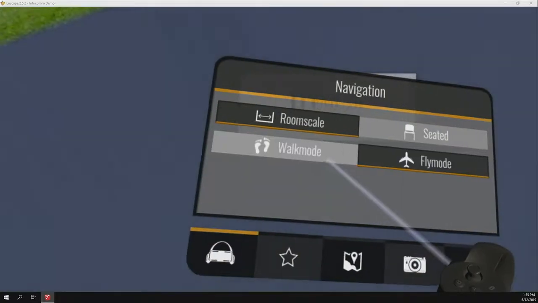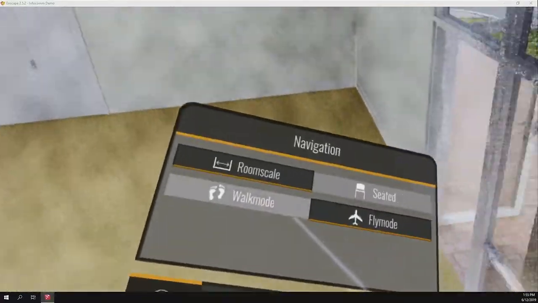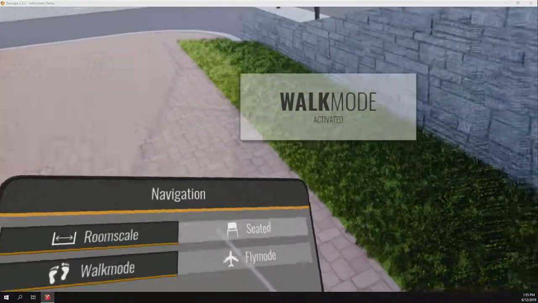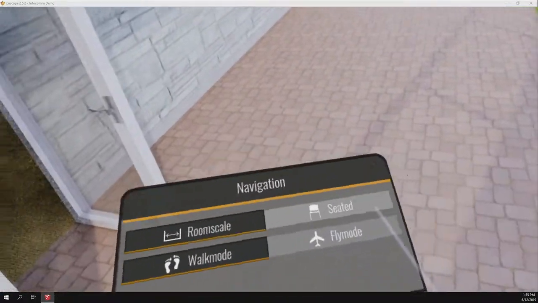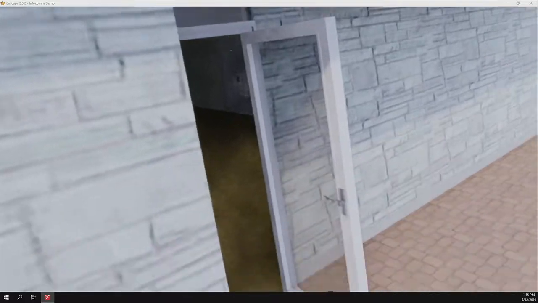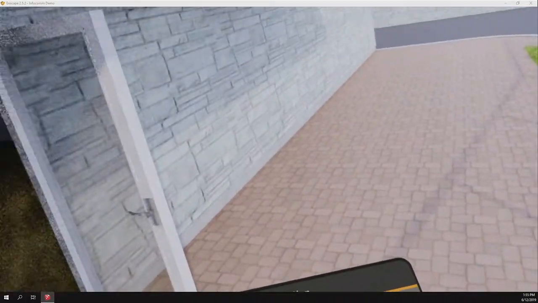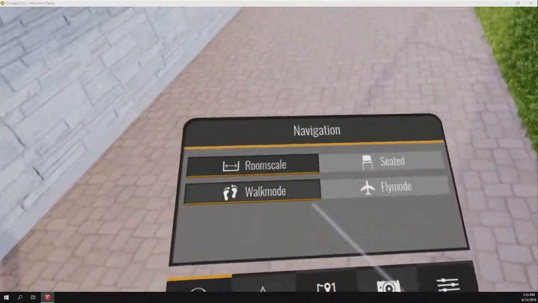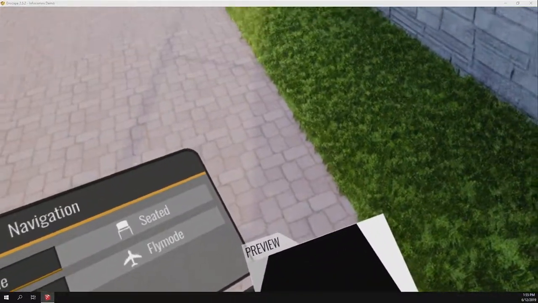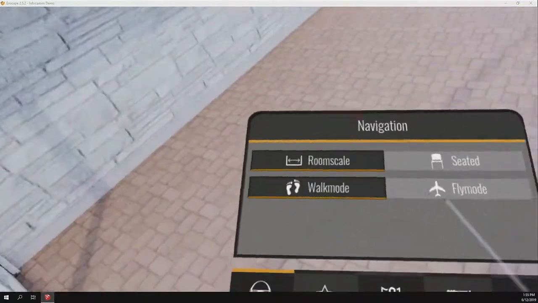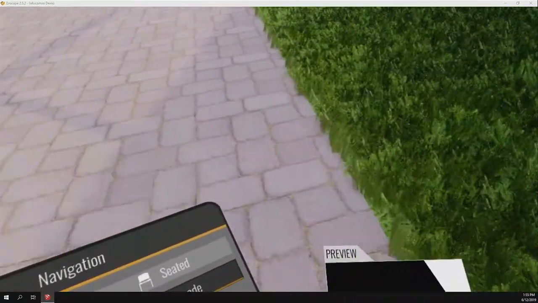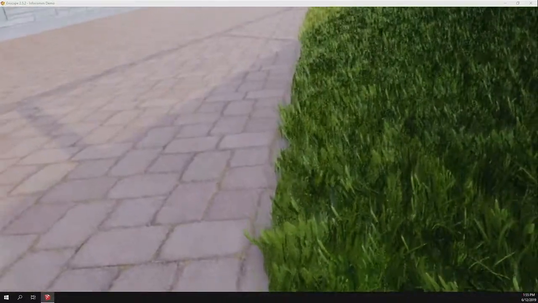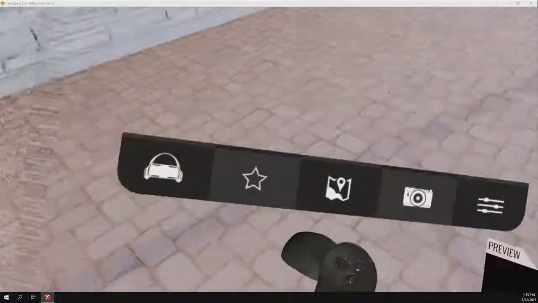Let's see if walk mode's working now. Yeah, it depends on the speed. You can see around the edges there might be a little bit of pixelation, and that's just the graphics card trying to catch up to the movements. But it's interesting, when you add any kind of grass material, it actually renders the blades of grass in here, which is kind of a cool feature. As well as,